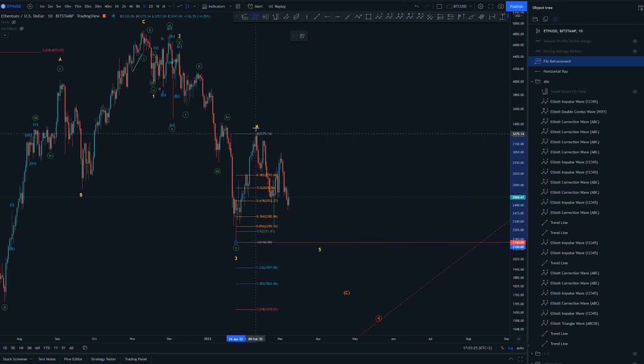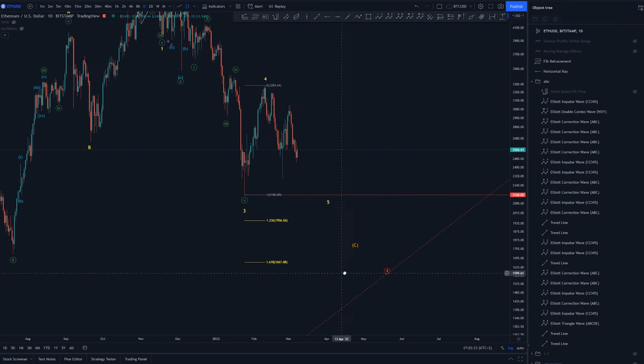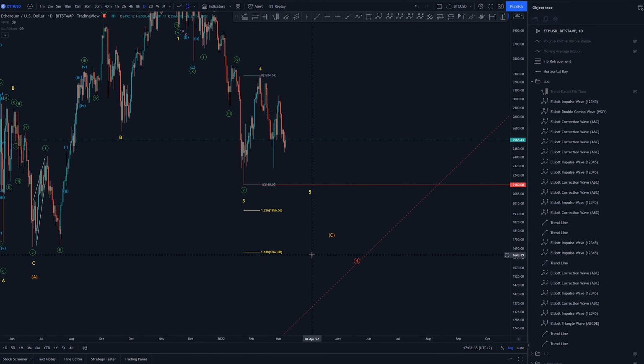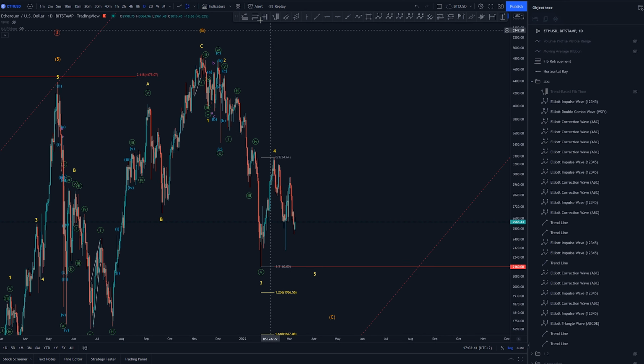We can see on the inverse wave 4, and the targets would be around here, $1,900 and $1,600. As this wave 3 is extended, we can expect